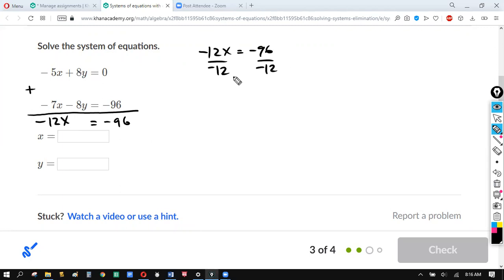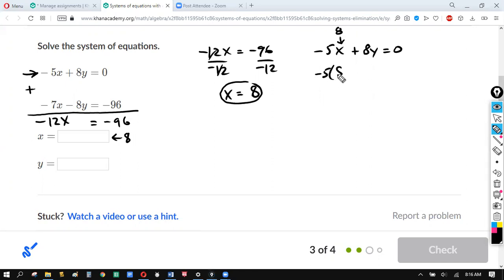Dividing both sides by negative 12, I'm thinking that's 8, right? The negative 12s cancel. And x equals 8. All right, that goes in right here. All right, and you take the 8, you sub it into either one. I'm going to use this one right here. Negative 5x plus 8y equals 0. And x equals 8 goes right in here. Okay, so negative 5 times 8